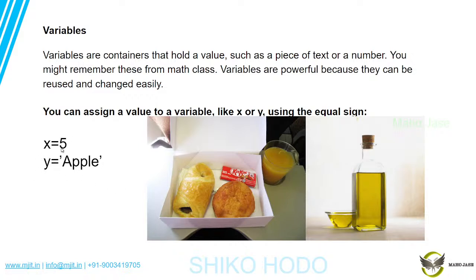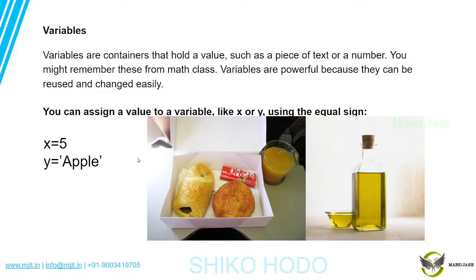In the same way in Python, if they want to store the apple, they require a variable as a container. So you can take y as a variable and apple as a string, or else y as a container and this one as an oil. So in the same way, now you have understood what variables are and what they help with in Python. It helps us to store